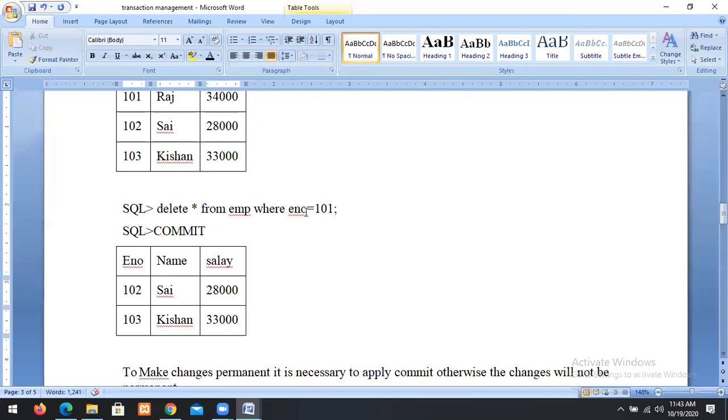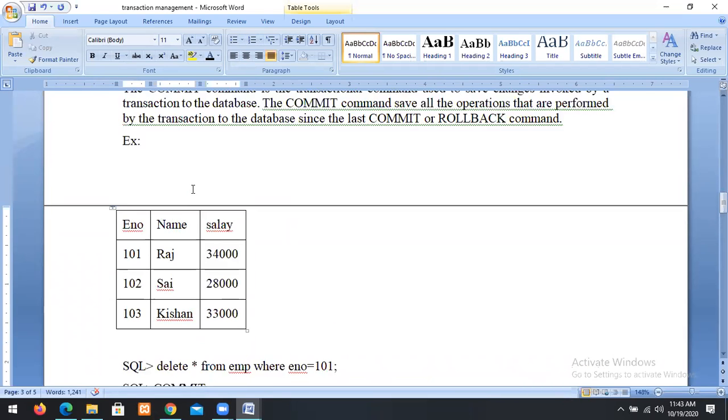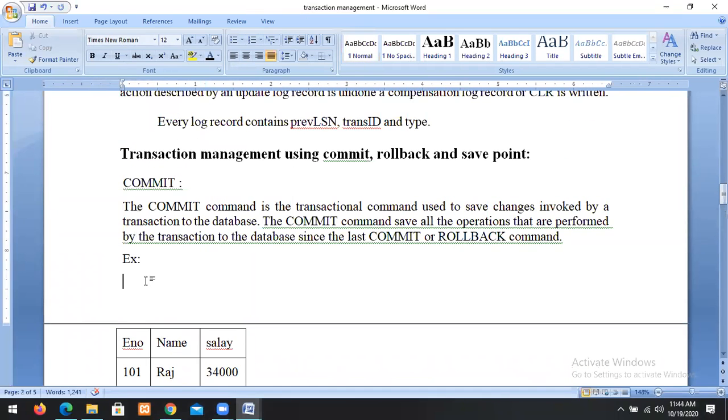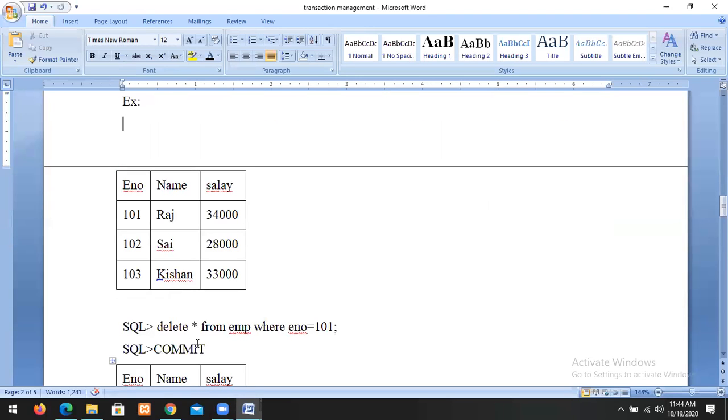To save the changes performed by the transaction, we use the commit command. Suppose this is my table, and I want to delete from EMP where employee number equals 101, then commit.